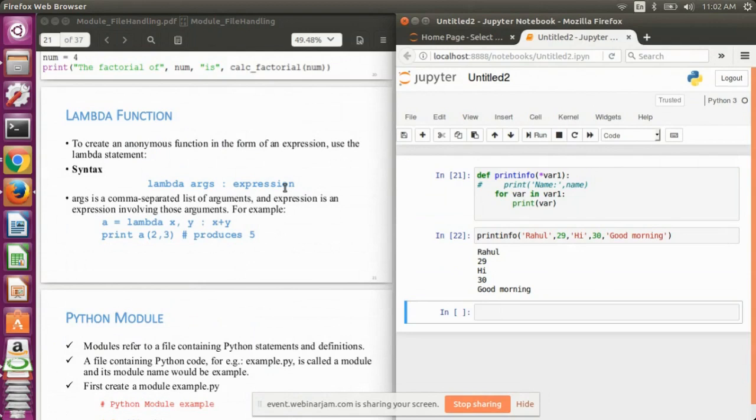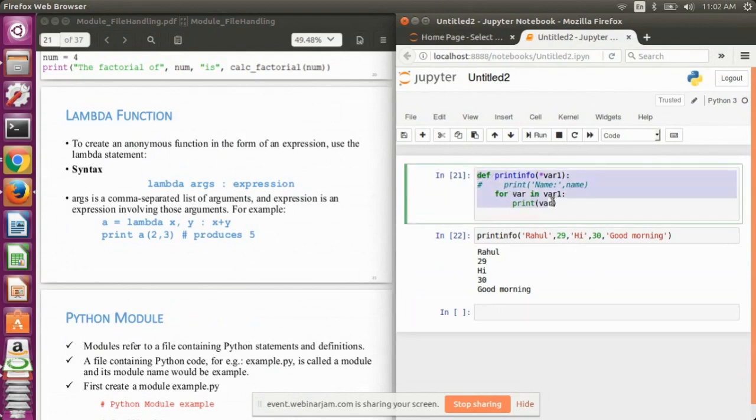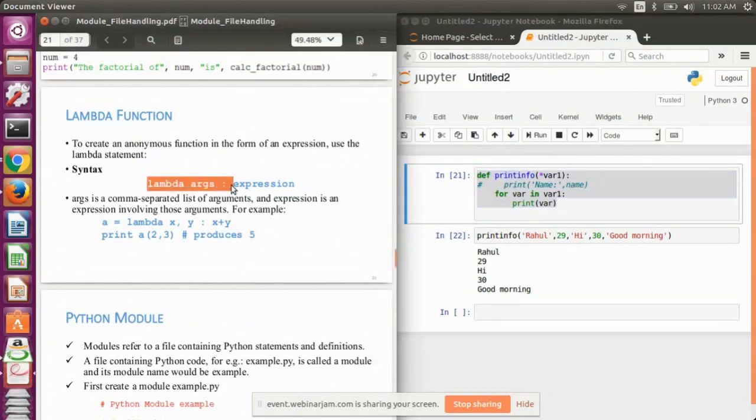Basically, if we have a single line function definition, then instead of defining the function in the usual way, we can use a lambda function to declare the function. Generally, lambda functions are termed anonymous functions, which means we do not give any particular name while defining them.